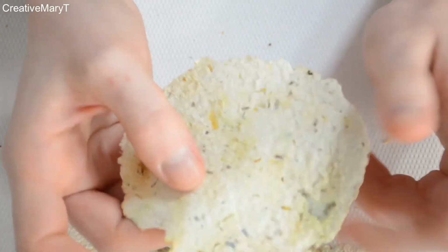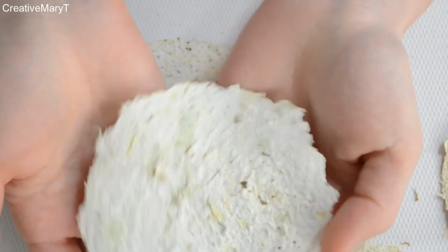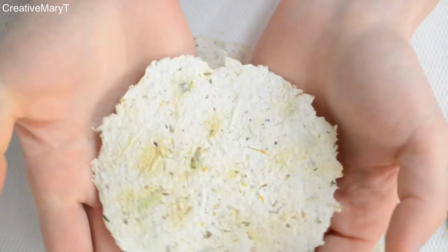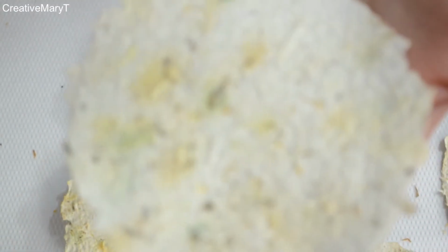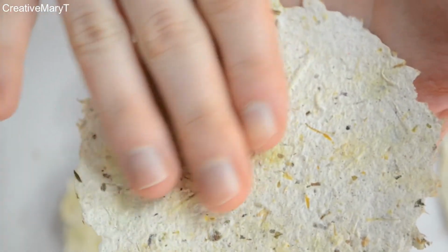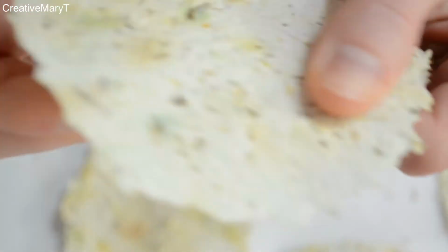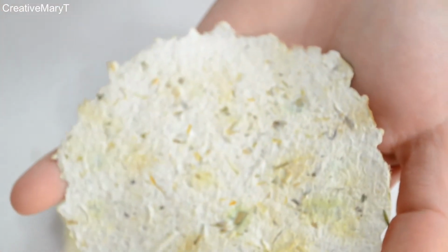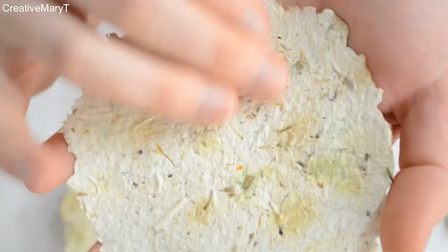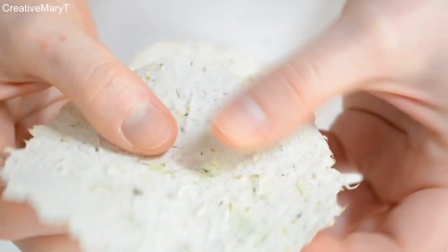I didn't expect them to be so pretty. And look at this. Look, I like this the most. Look, it's not too curled. It has color on the other side. And look at the feeling of touching handmade paper. It's amazing. Oh my god, I'm amazed. I'm amazed of how much I love the texture. It's so textured. Look. And it's bendy. I'm not gonna try to bend it too much because I'm afraid, but